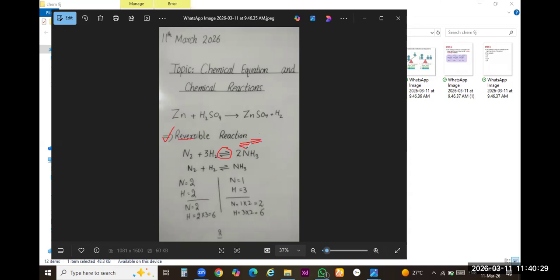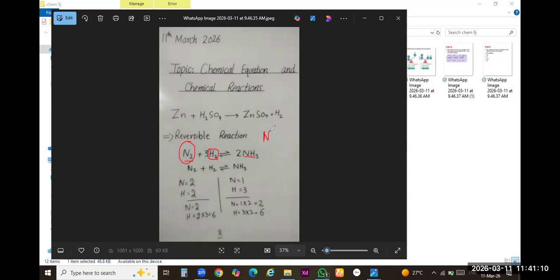So there is an example of ammonia. NH3 is ammonia. Whenever we write NH3, the name is ammonia. NH4 is ammonium. Clear? So it's a reaction between nitrogen and hydrogen gas. When nitrogen and hydrogen gas react with each other, they will make ammonia. Nitrogen is diatomic, I have told you many times. Hydrogen is also a diatomic molecule. So when these diatomic molecules react with each other, they will make the new compound that is NH3.